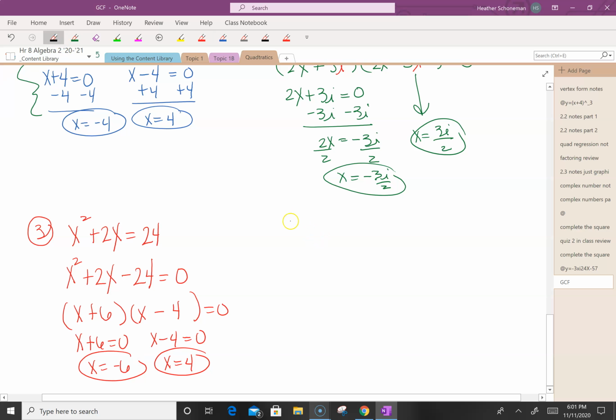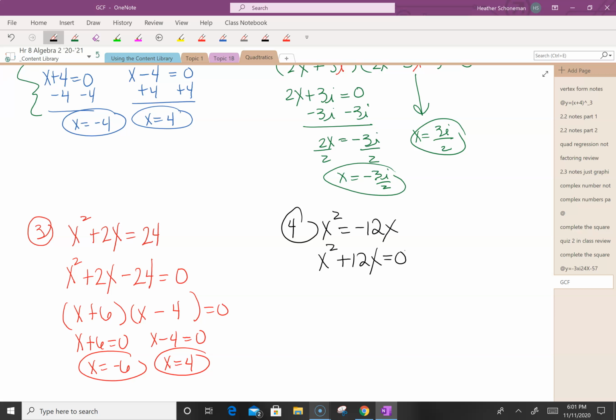Last example. Number 4, x squared equals negative 12x. First step, set it equal to 0. So x squared plus 12x equals 0. It's a binomial, doesn't matter if it's plus or minus, but I cannot take the square root. If I cannot take the square root of both of them, I cannot use my difference or sum of squares pattern,